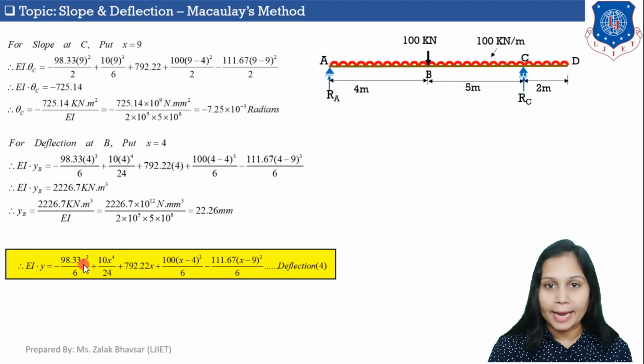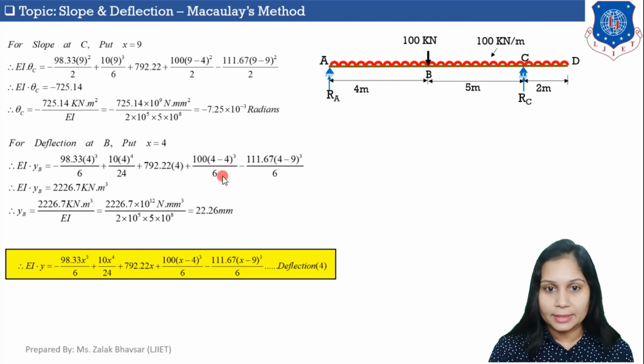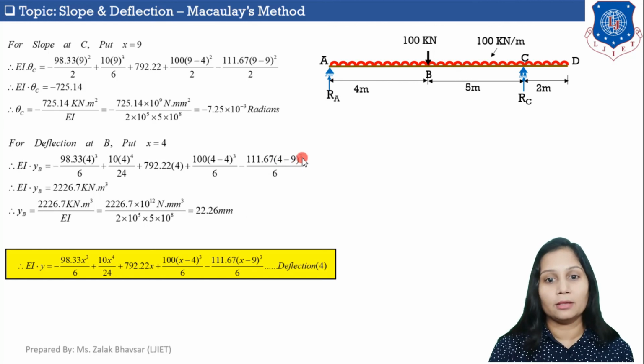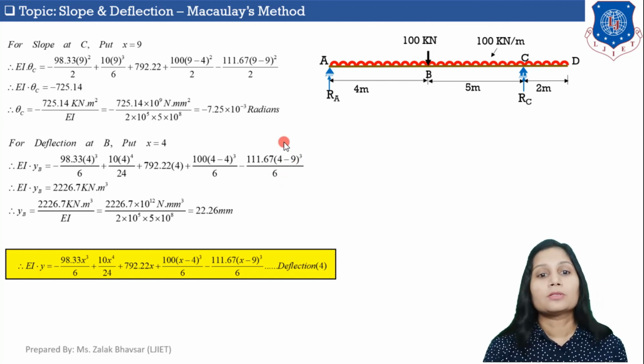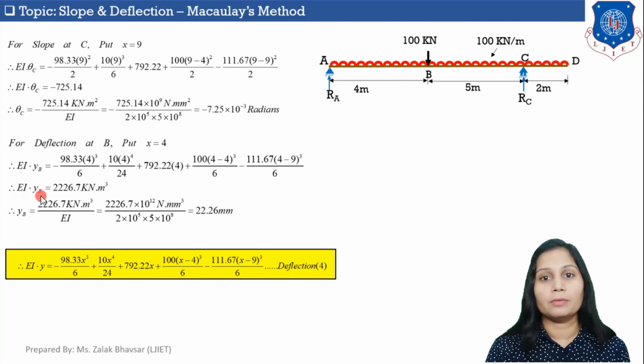I am replacing x with 4, so 4 cube by 6 plus 10, replacing x with 4, so 4 raised to 4 by 24 plus 792.22 into 4 plus 100, replacing x with 4, so 4 minus 4 cube by 6 minus 111.67, replacing x with 4, so 4 minus 9 cube by 6. Okay, so if we solve this, then we will get EI YB is equal to